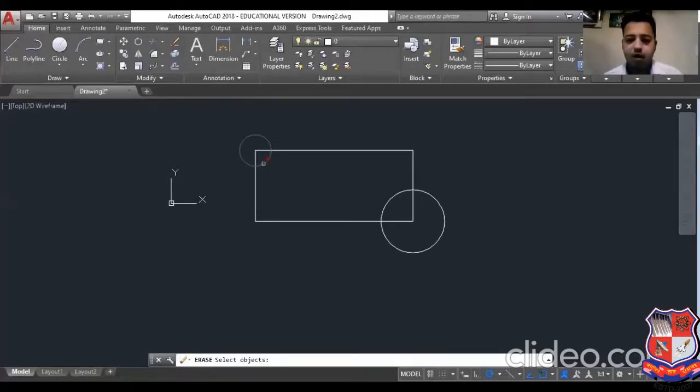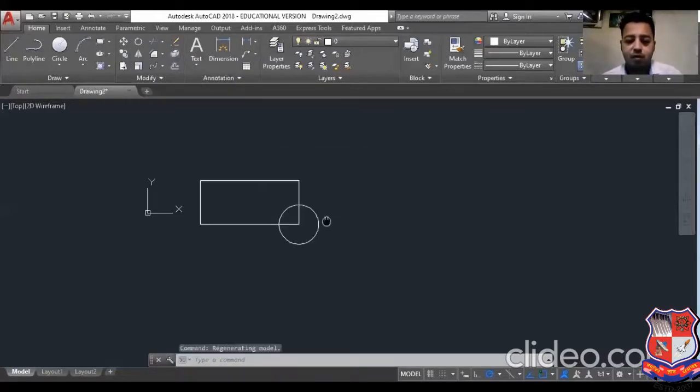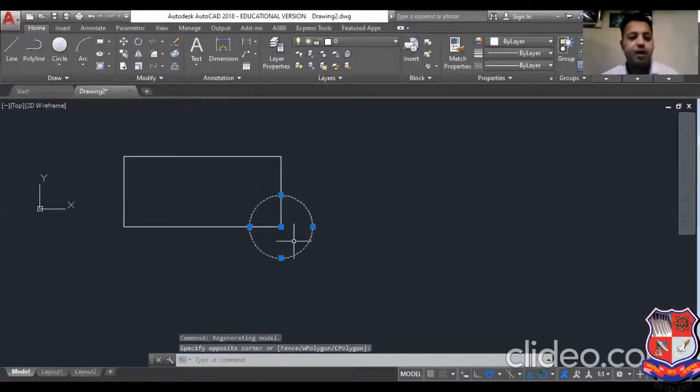And enter. Right, it will not trim or extend. It will erase the full object. Fine, so this is called the erase command. Next is the explode command. What is the meaning of explode? Suppose I delete the rectangle, and here you can see this is the rectangle tool, and this is